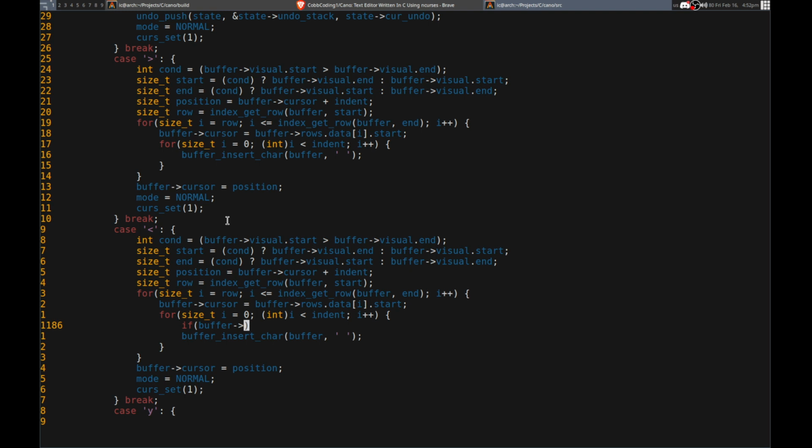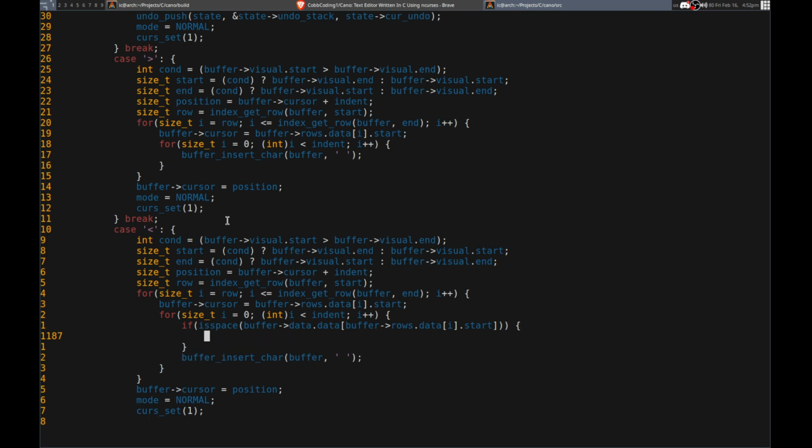You know what we can do? We can actually look at the start of the row, right? Buffer row, data I, that's fine. We actually get buffer data, that, right? So we get that. That'll be the position. If that is space, then we want to delete it. Then we can buffer delete character, buffer, delete it. And the position is going to be the cursor minus